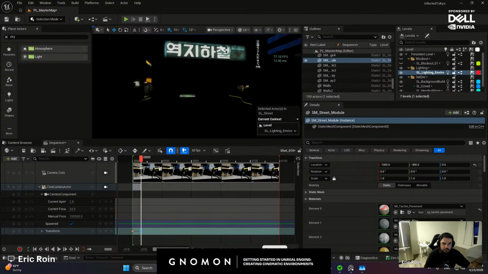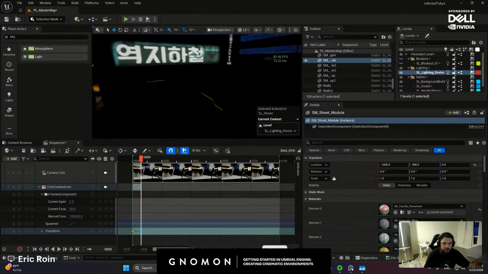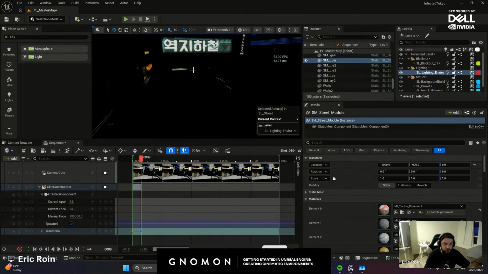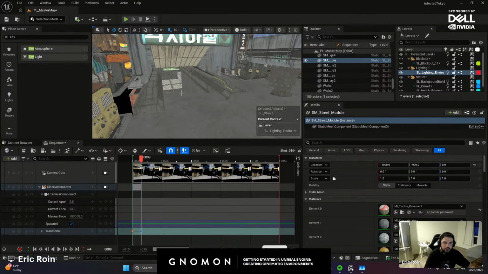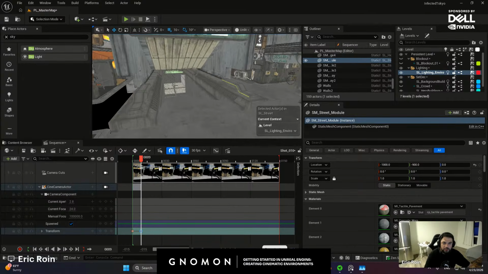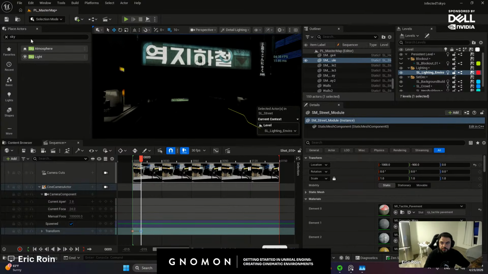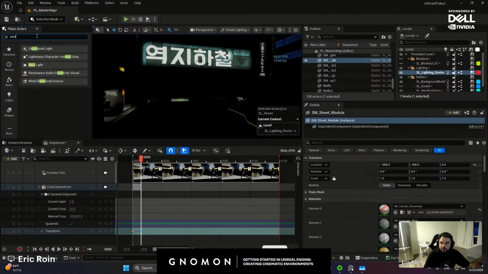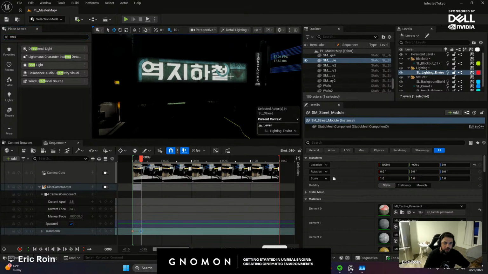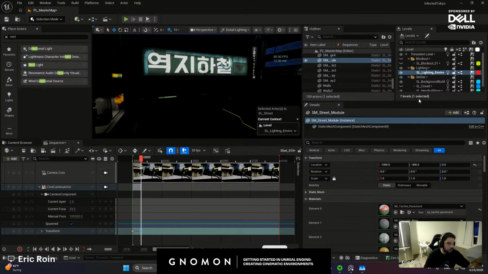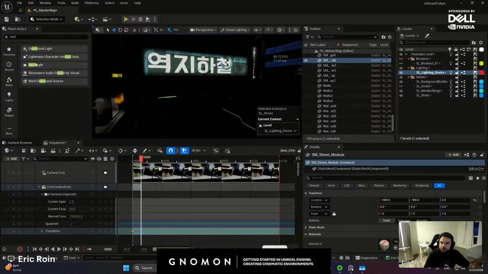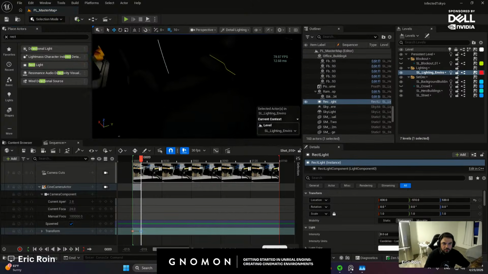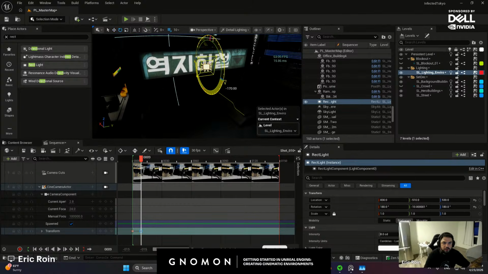Some of the easy things to do here: we can see there's a big neon sign, which is most likely the focal point. Maybe there's an extraction point or some kind of objective here, or maybe there's an enemy coming out. So we'll try different options. I'm going to search for rect light. Rect light is great for anything that is essentially a squarish shape. I have my lighting sublevel selected. I'm going to drop in the rect light and rotate it around.